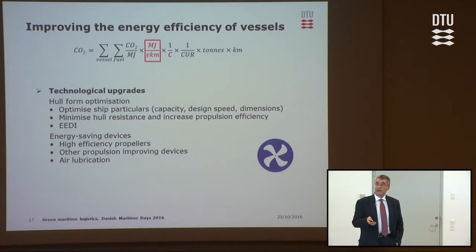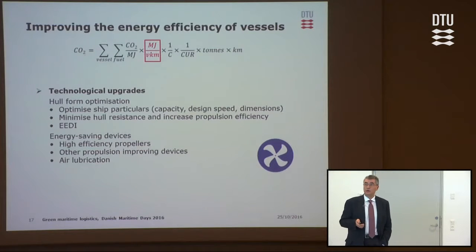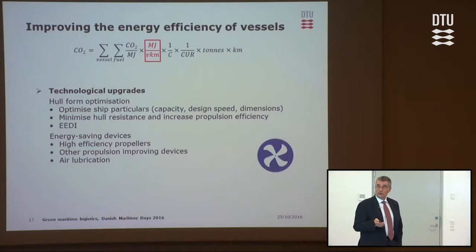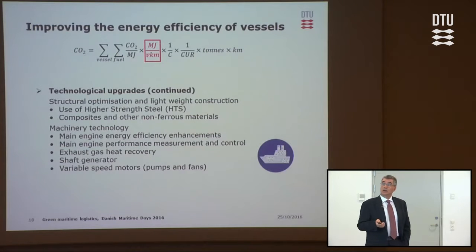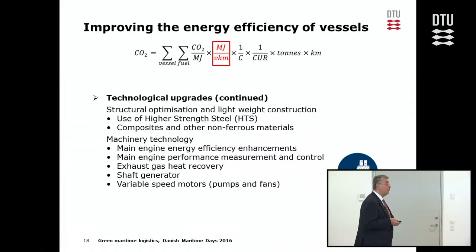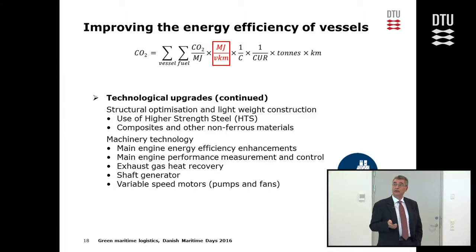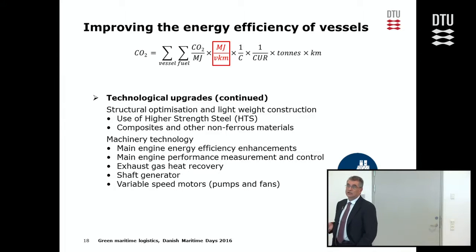Also at the design level, we define the propellers that we're going to use and other propulsion improving devices, including air lubrication, which is still in the experimental phase as well. Then, of course, we can play with the construction material, high tensile steel, as an example, and a long list of technologies that